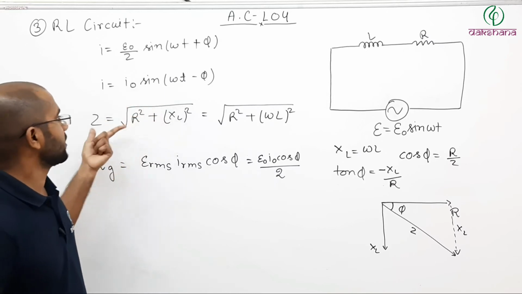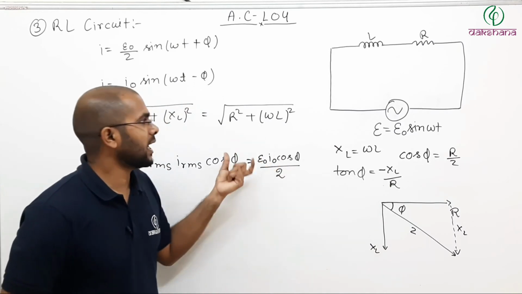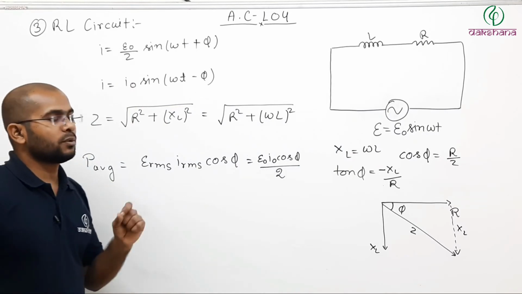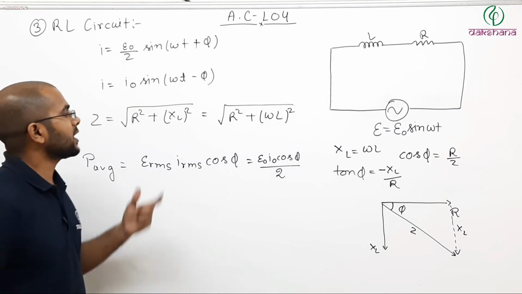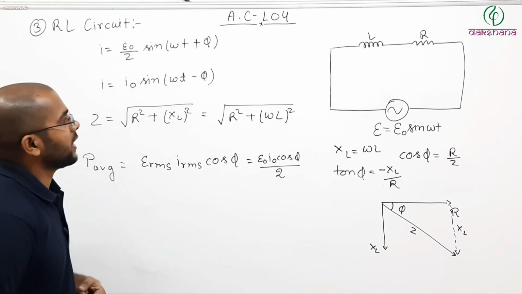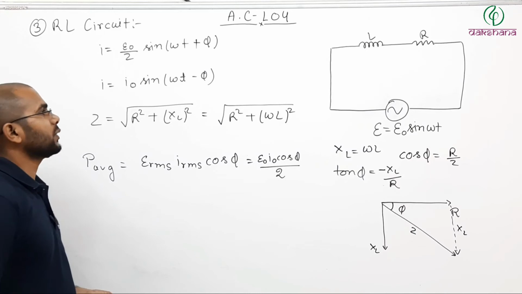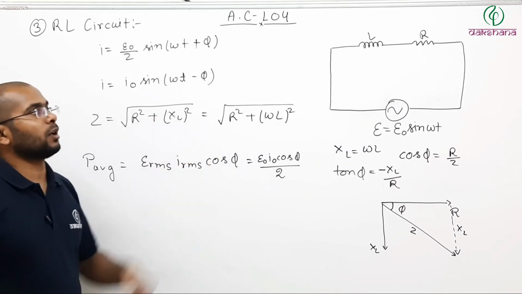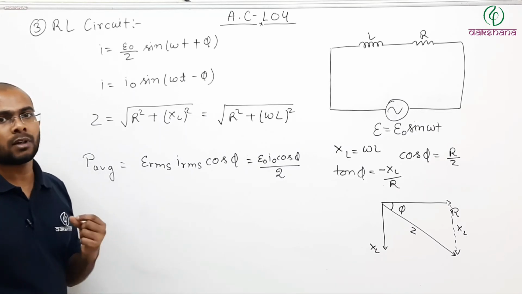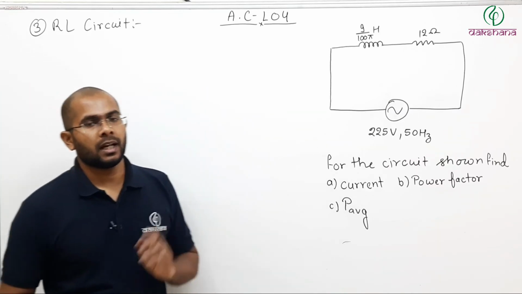So average power consumed in an LR circuit is this. Current in the circuit is this. Z is this. Tan phi is minus XL by R, where XL is just the magnitude of omega L. Cos phi is R by Z. XL is omega L. So if we use the vector method for finding the current, it becomes very easy. We will solve a question, then we will see. But if you try to find the current through the mathematical equation, that would be a little bit complicated. That is why we do not use the mathematical method in slightly complicated circuits. We use the vector method. So pause the video, note them down, then we will solve a question based on your RL circuit.